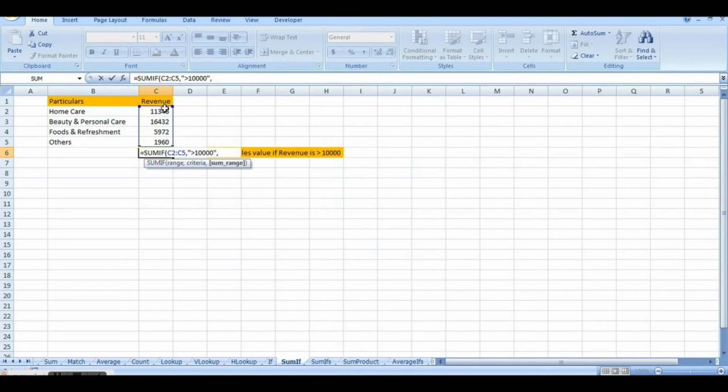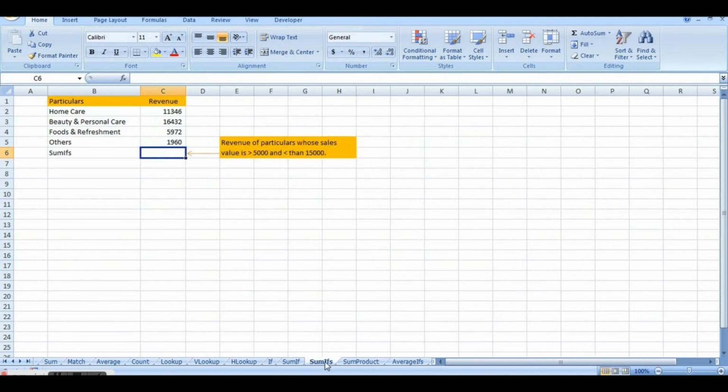And then it asks for some range. Which range out of the total range do you want to make the sum of? We'll select again, in this case, the same range. Bracket complete. Answer is 27,778. Now if we see, in these 4 values there are only 2 values which are above 10,000, and if we make a sum of these two, you can see here 27,778, which is our answer. Means Excel has performed correctly.